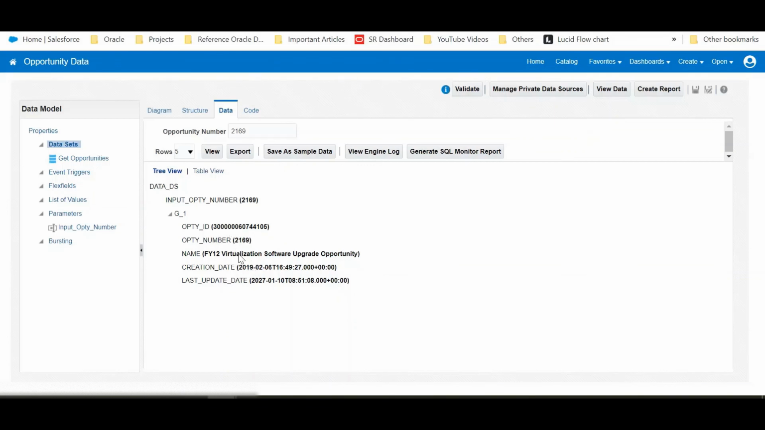Now you can see only this particular opportunity information is available. So when you create again a report using this data model, the report will also contain this parameter, and you can use it the same as